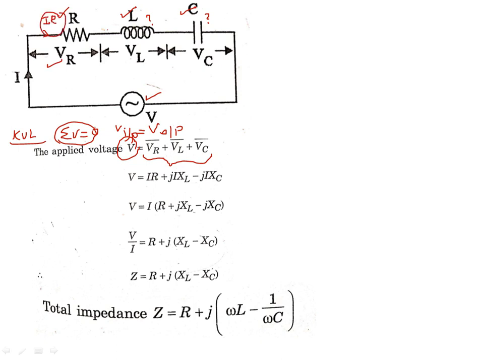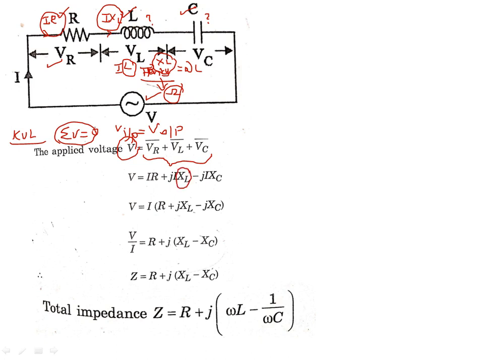What is the voltage across the inductor? I into XL. Sir, why can't you write simply I L? The unit of L is Henry. We should make the circuit homogeneous. That is, we have to represent the inductance unit in ohms. That is most important. Hence, you have to use XL. What is the meaning of XL? Inductive reactance, omega L. So instead of L, I have to use XL here.